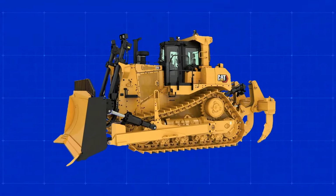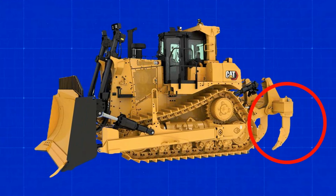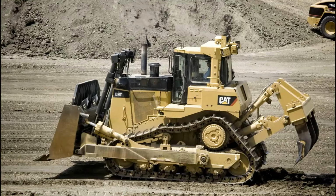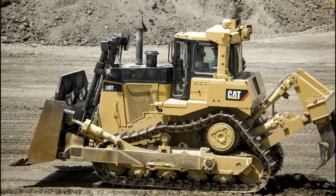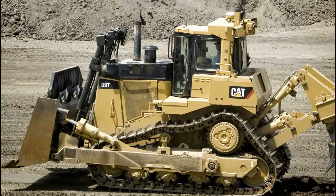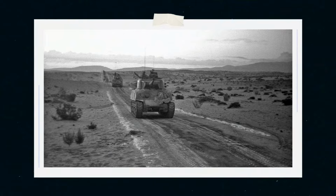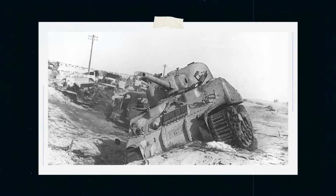The model offers 3 distinct peacekeeping configurations and can also be equipped with a rear ripper, a common sight on construction sites worldwide. Israel swiftly acquired its first units for use in its own construction industry in 1955. The following year, in 1956, during the Sinai War, these bulldozers made their military debut, aiding Israeli troops in overcoming